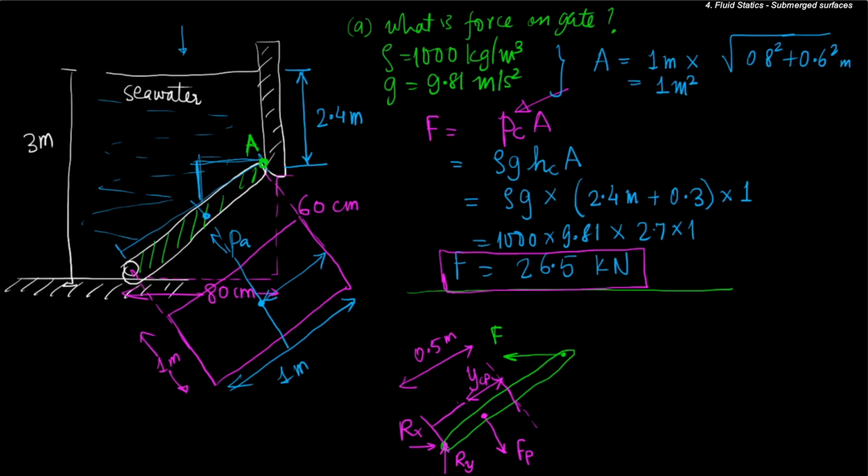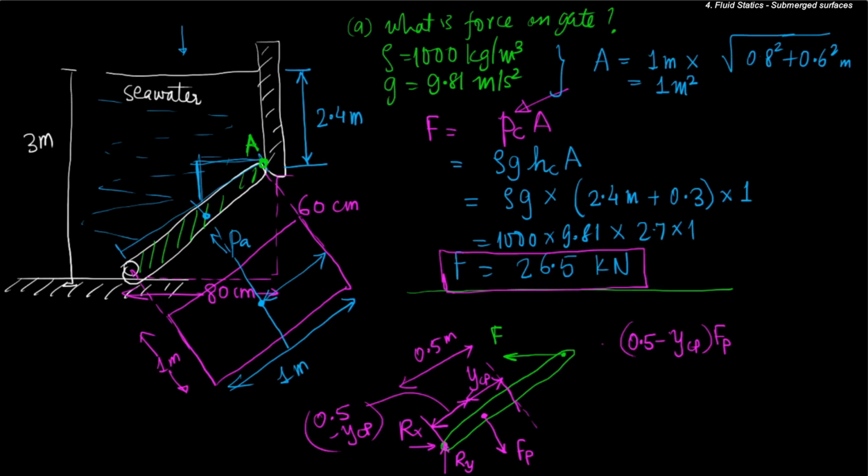So the moment arm for the force because of the pressure is going to be 0.5 minus YCP. So on the one hand you have a moment which is equal to 0.5 minus YCP times FP,